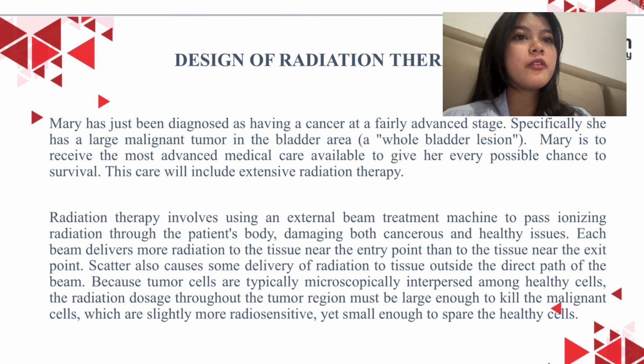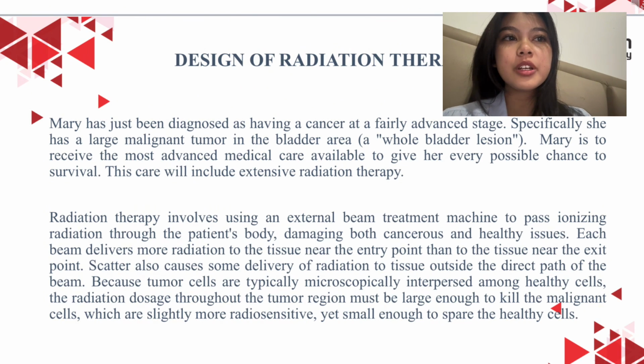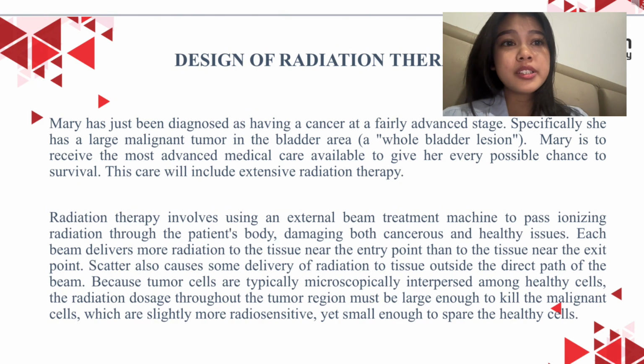Radiation therapy involves using an external beam treatment machine to pass ionizing radiation through the patient's body, damaging both cancerous and healthy tissues. Each beam delivers more radiation to the tissue near the entry point than to the tissue near the exit point. Scatter also causes some delivery of radiation to tissue outside the direct path of the beam. Because tumor cells are typically